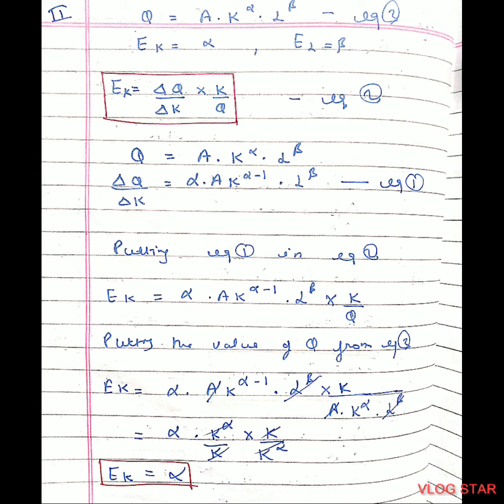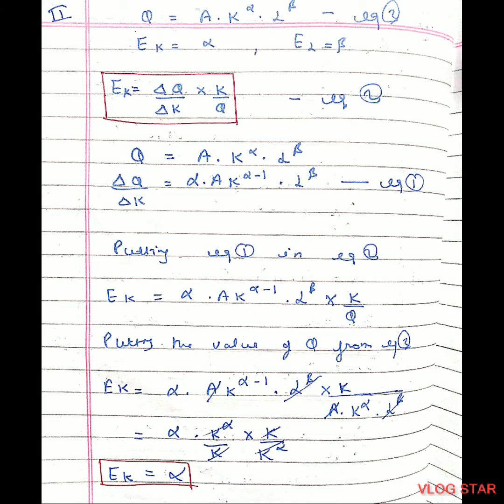Now this is the second property of Cobb-Douglas production function, which says that output elasticities with respect to factors are constant, which means the elasticity of capital would be the power of capital, that is a constant alpha, and the elasticity of labor would be the power of labor, that is beta. This is something we must know, but do not learn this by heart, because in examination, the examiner plays tricks. In place of capital, he will give labor and the powers he will change. So always try to solve.